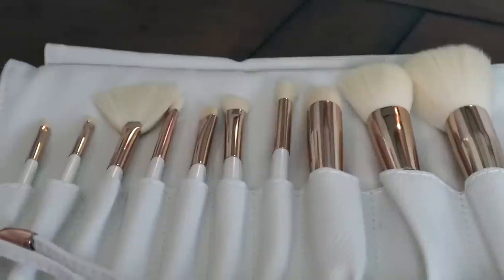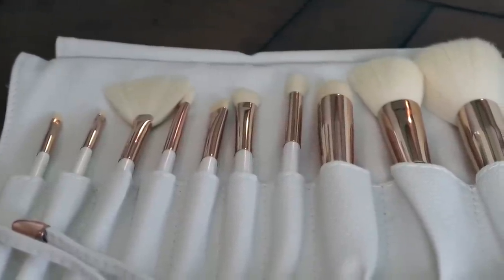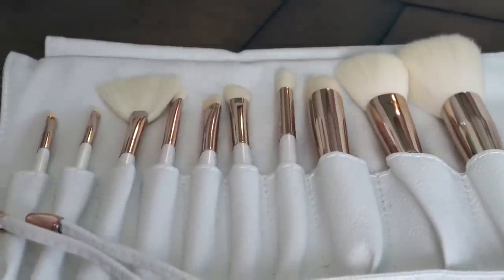This is the La Beauté Soul? I don't know how to pronounce this. It's a 10-piece makeup brush collection. It's custom designed packaging exclusive to Causebox, 100% cruelty-free, vegan and fair trade, made from high-quality synthetic fibers. It's handcrafted with hypoallergenic materials, and this company supports 3 main causes. One of them is the ASPCA, love it, UNICEF,